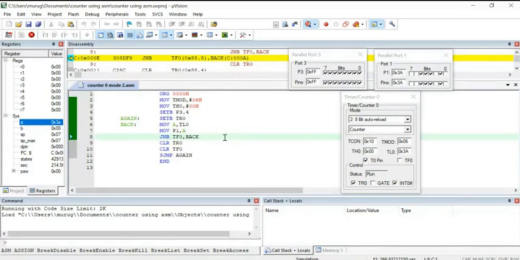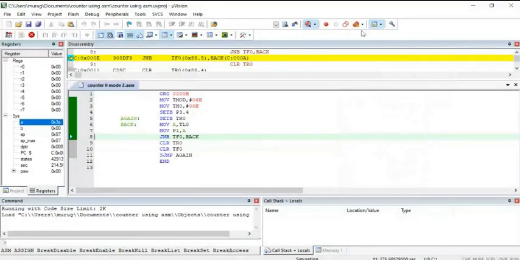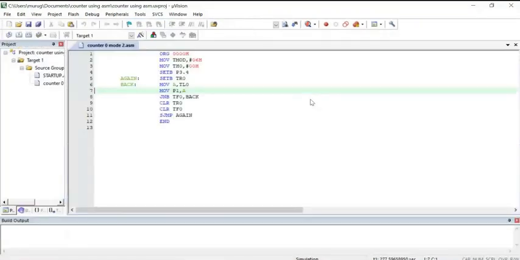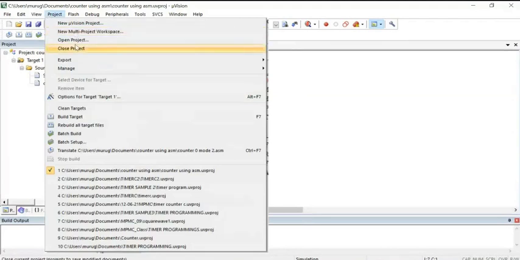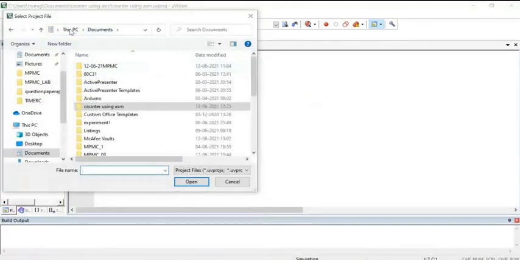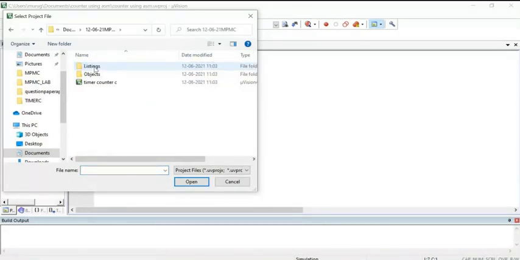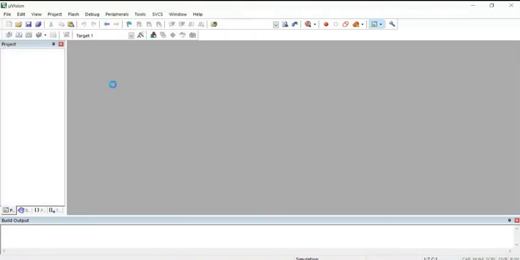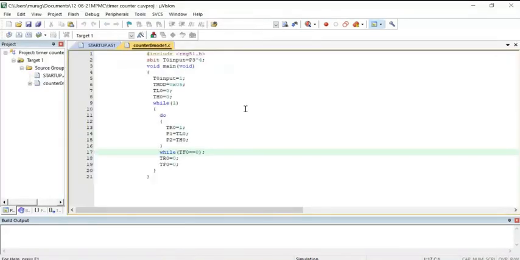Similarly, the counter program in C language. So stop this. Counter using ASM. Good.